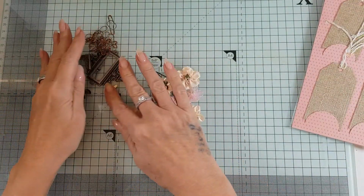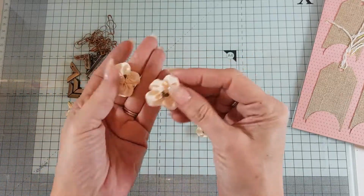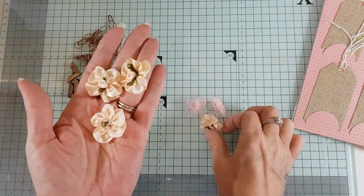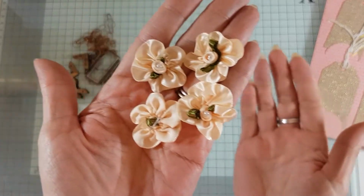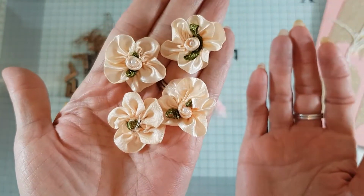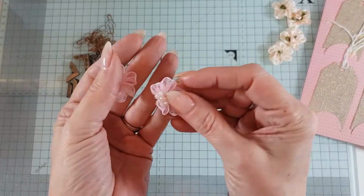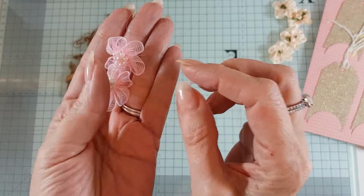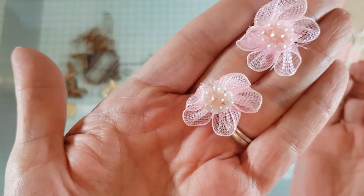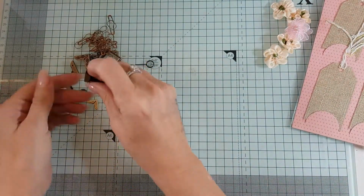And then I have some lovely bits and pieces here. So I have some gorgeous fabric flowers. I mean, look at those. They are just beautiful. So there's 4 of those. And 2 of these ones, which are really adorable as well. So we have some lovely flowers. I've also put in some